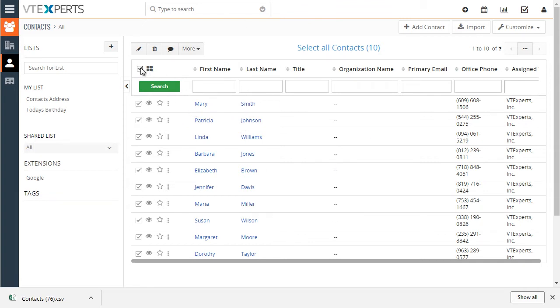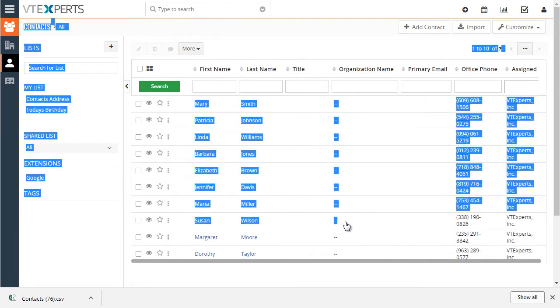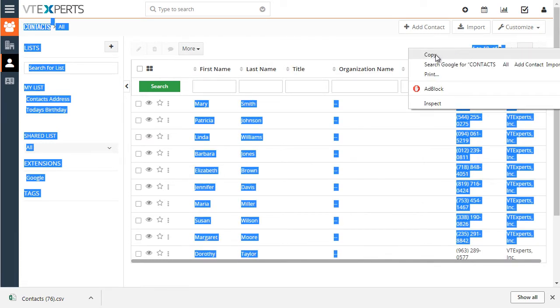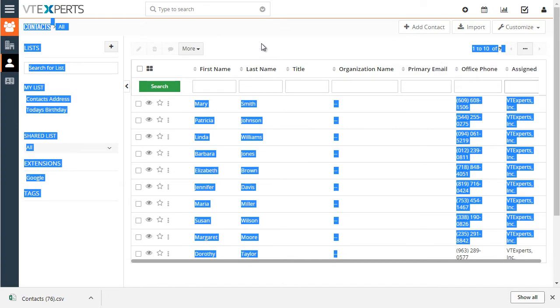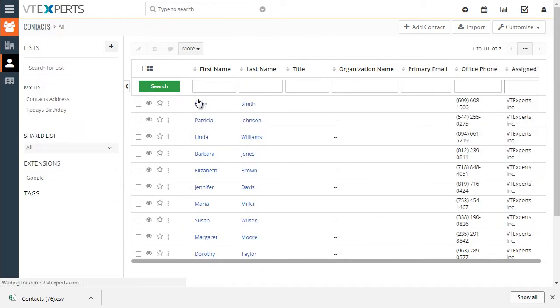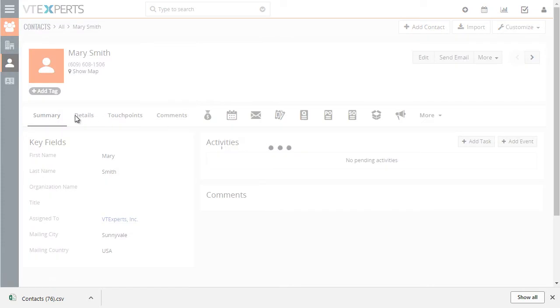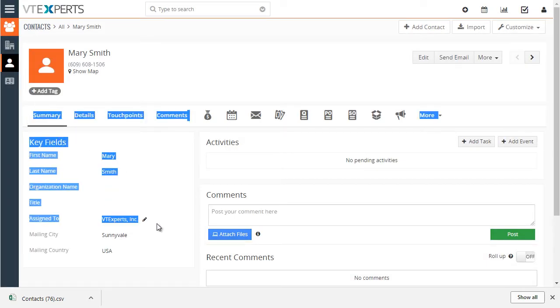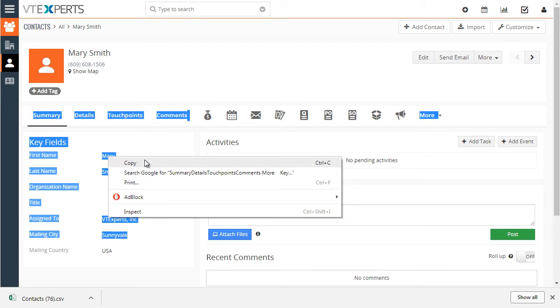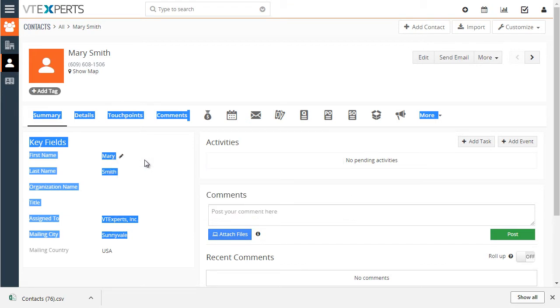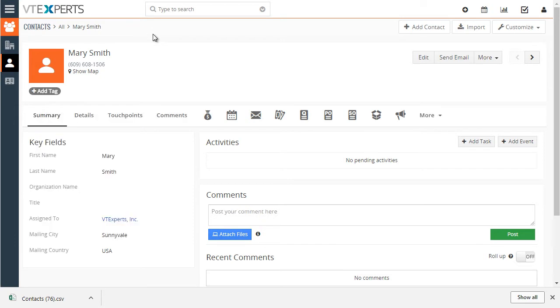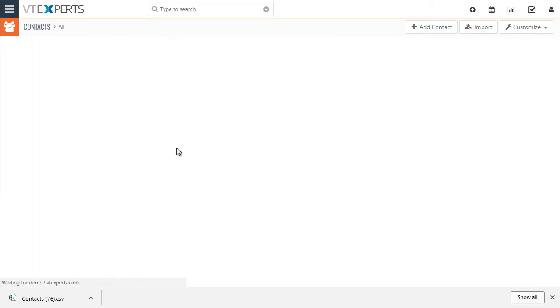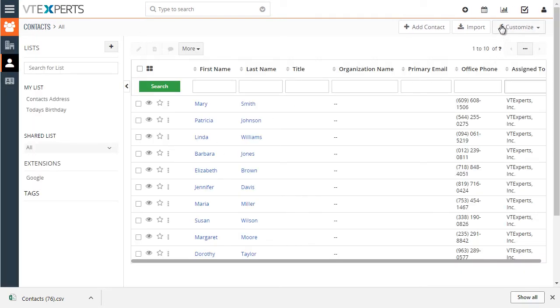In addition, if the user were to select some text and hit copy or CTRL+C from the view or from inside the record, this activity would also get tracked in the administrative area. So far we tried exporting from the list and copying the data directly. Next we can also